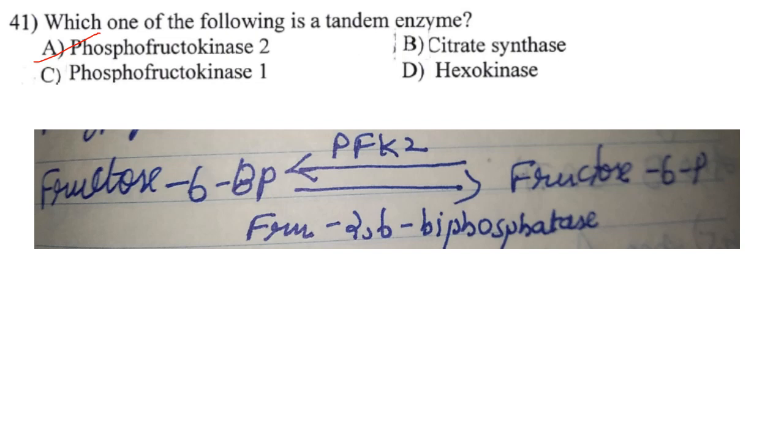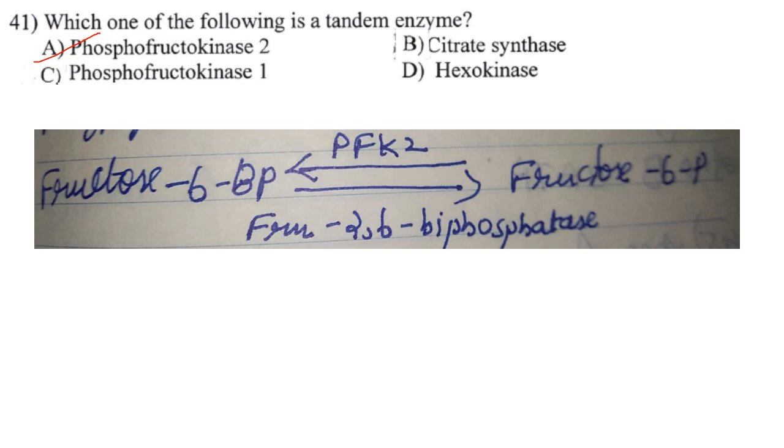So phosphofructokinase 2 is a tandem enzyme, and tandem enzymes are also called bifunctional enzymes. And what are tandem enzymes? So they are a pair of opposing enzymatic activities that are resident in the same polypeptide chain. So phosphofructokinase 2 is a bifunctional enzyme because